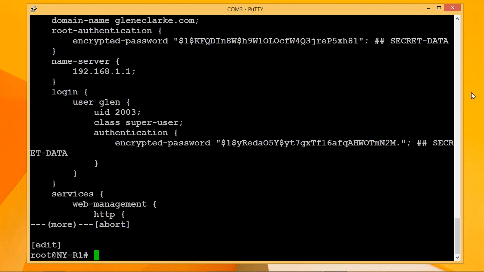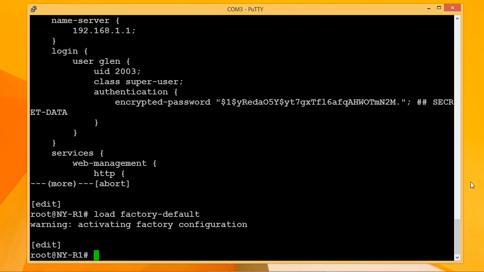And the next thing that I want to do is load the factory defaults. So to load the factory defaults, we can use the load factory-default command. And when I hit enter, it's going to activate that factory default configuration. Now, if I use my show command,